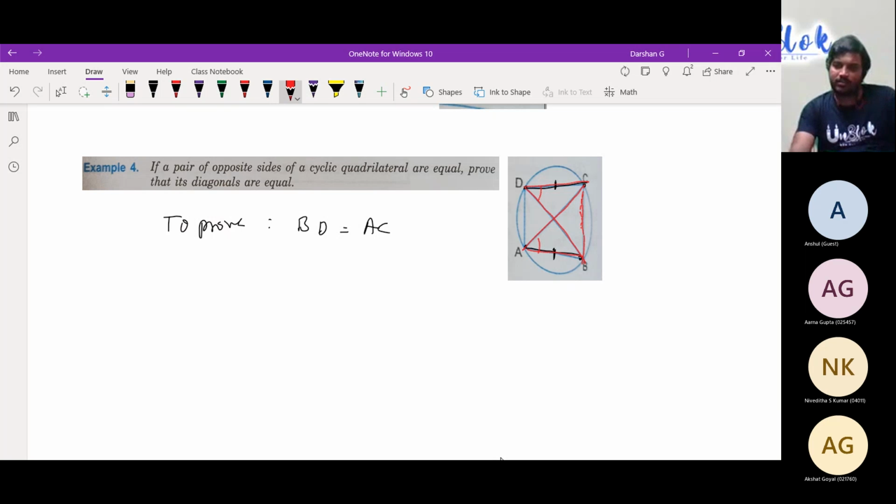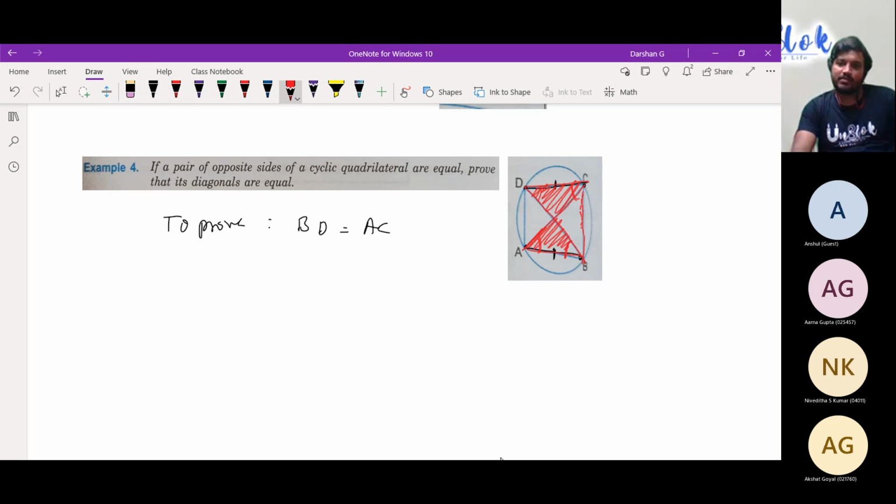Your concentration is on AB and CD, but you should also concentrate on this BC, because that will prove this is equal to this. And by the other part of it, you can use it and tell this is equal to this. And you have the ASA postulate. By the ASA postulate, I can simply prove these two